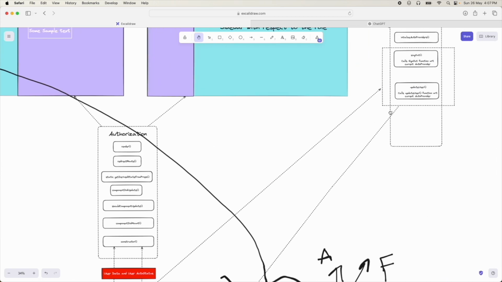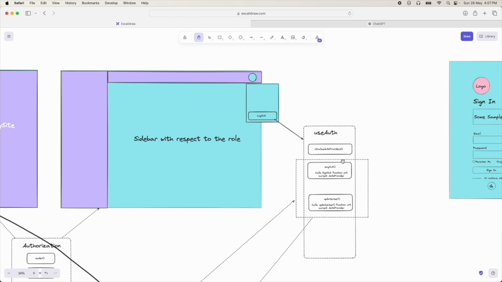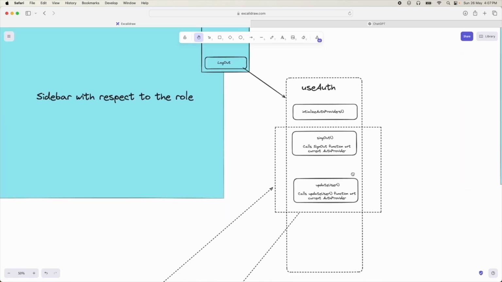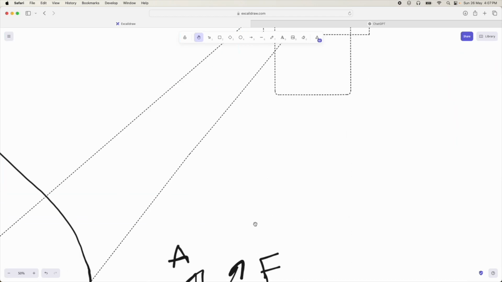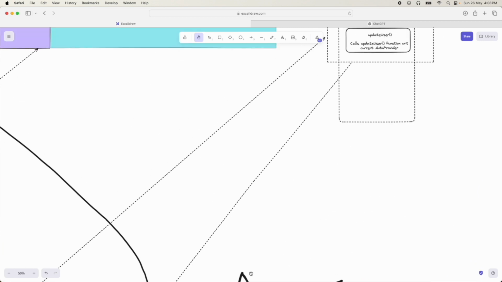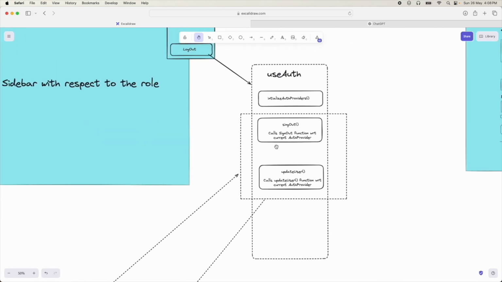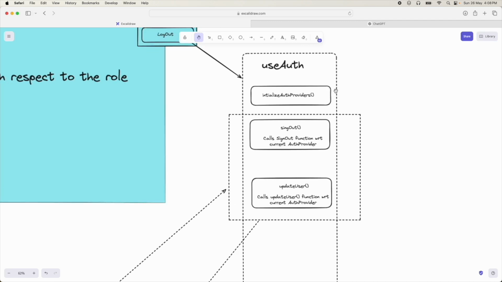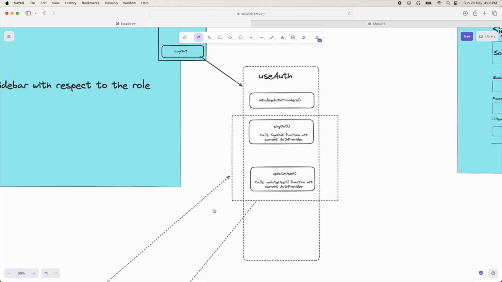So that is why, if we click on logout, we have another component. It is similar to this use Firebase auth only. What this will do is, let us see these apps. We have this initialize auth providers. So finally we have this Firebase auth provider and so on. So we'll initialize all of them, and in the sign out function, what we'll do is,